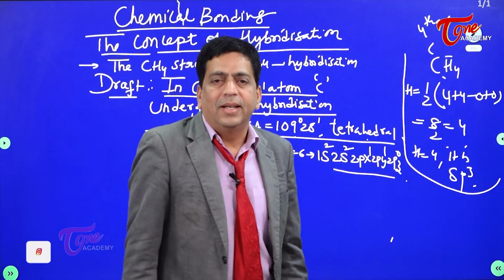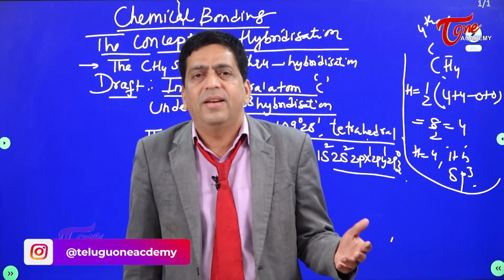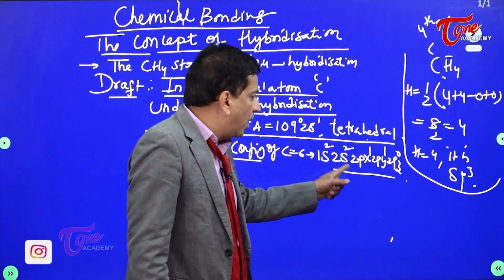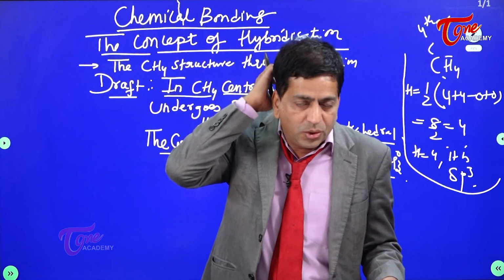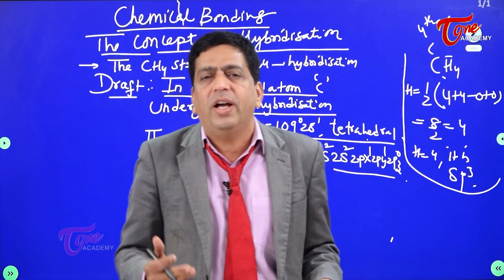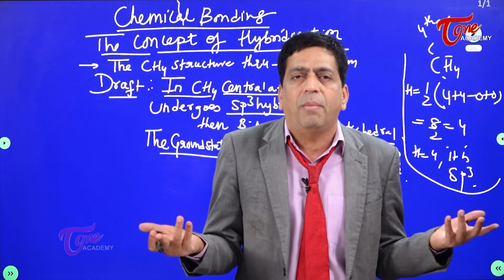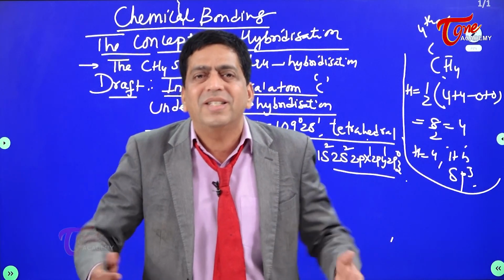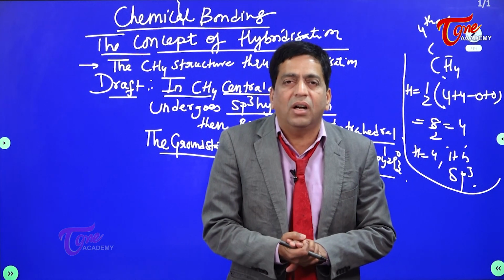So 6. S has 2 electrons in the outermost shell. And then you have P, you have 2. Right? I have gone singly first using Hund's rule. First you need to be half filled, then only pairing occurs. So you have a 2px1, 2py1 and 2pz vacant. That is in the ground state. Well, remember, it's common sense. To participate in bonding, you can't do that in ground state. You must get excited. Atoms participate in bonding in excited state, not in ground state.